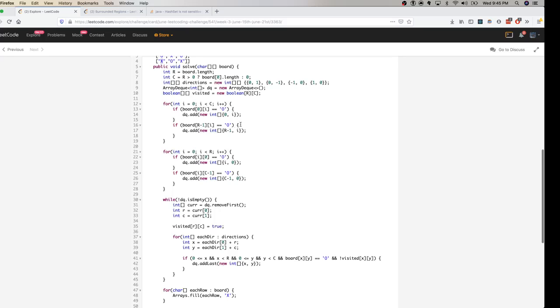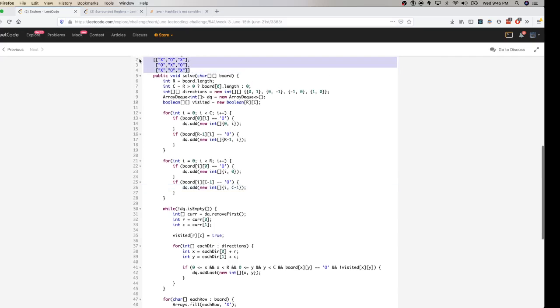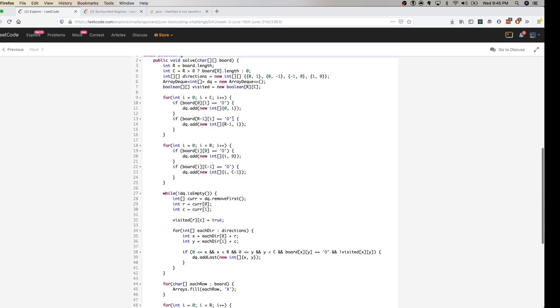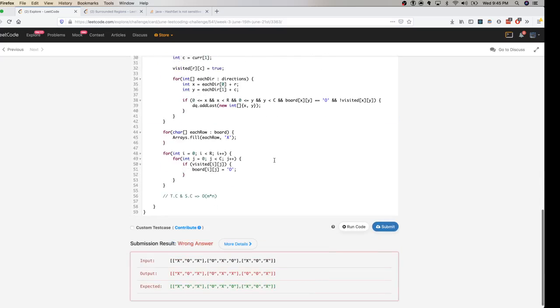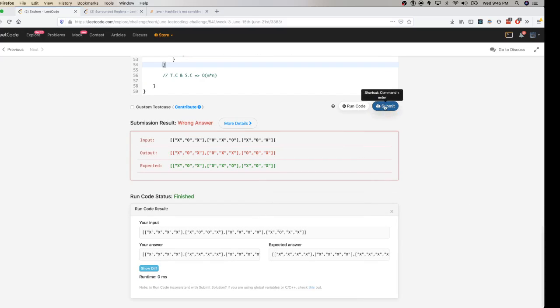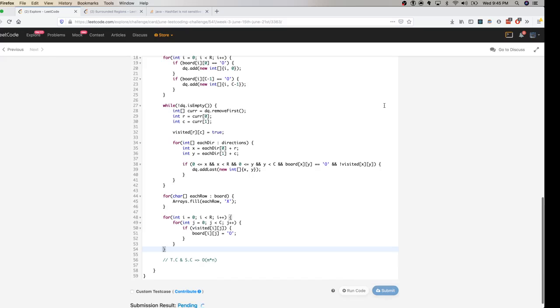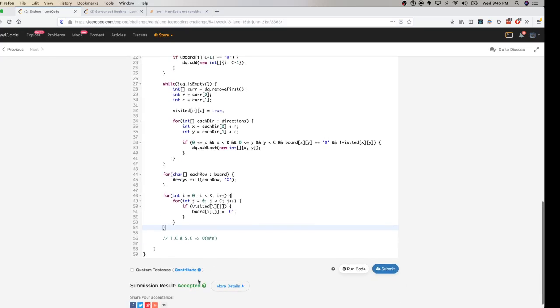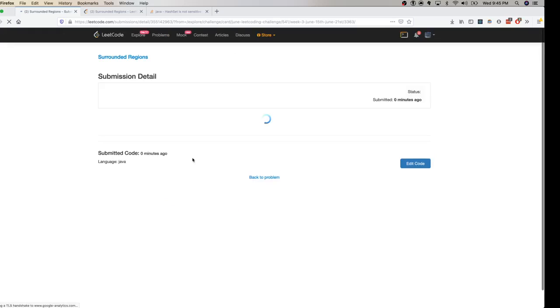Am I adding, probably? No, so this is the problem which I have seen here. I did not add it here, so maybe that's the reason it failed. So now let's see. This should be R minus 1 and I, because that's the one which we're checking for. Okay. Let's see. So we have an accepted solution,